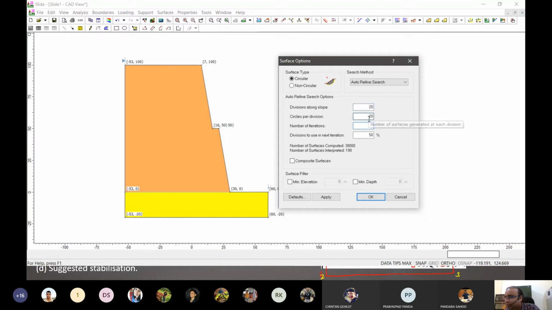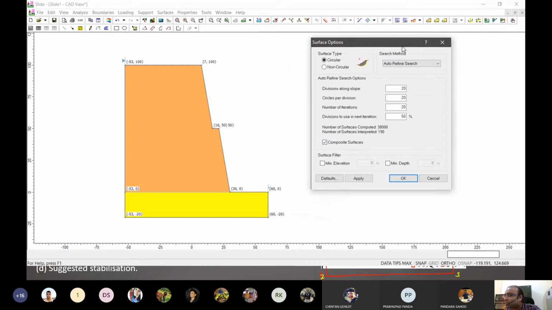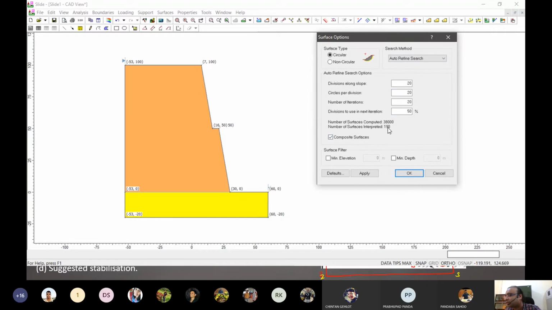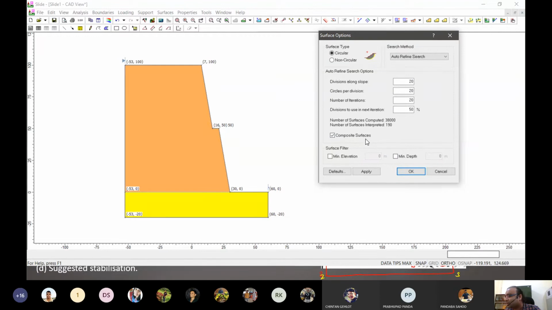What else can be done? We can have a composite surface. Composite surface basically means that it can have non-circular failure as well. So we are giving that option to the system to see if that is a possibility, right? Let's click OK for now.